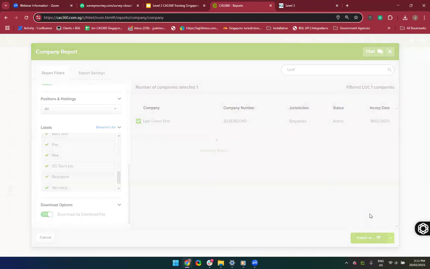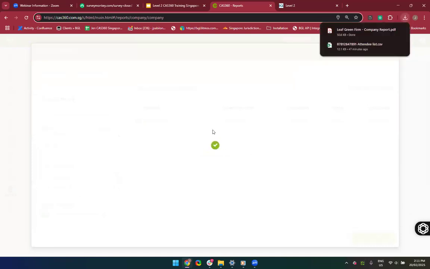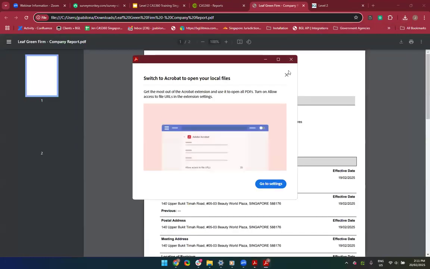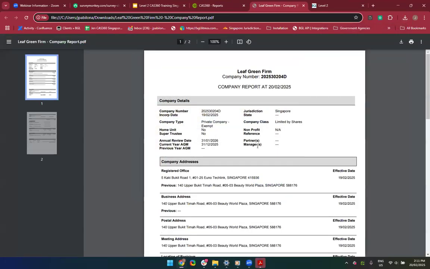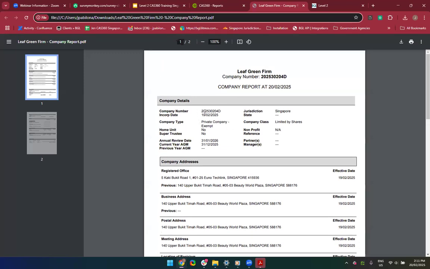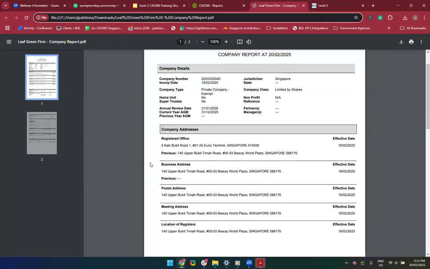So I'm just going to select the PDF. So you can see over here, as of today, this is the information that I have pulled out from my CAS 360, including the company's date, company type, my company addresses,